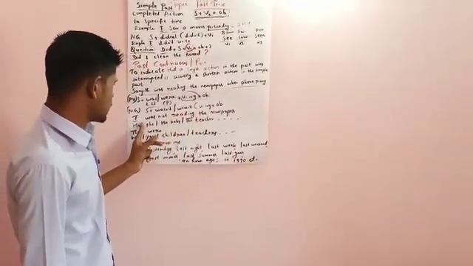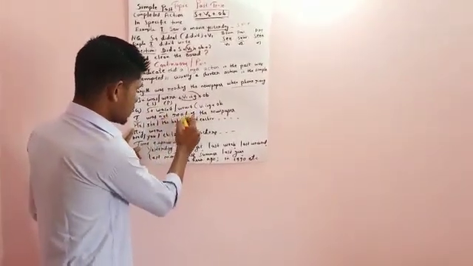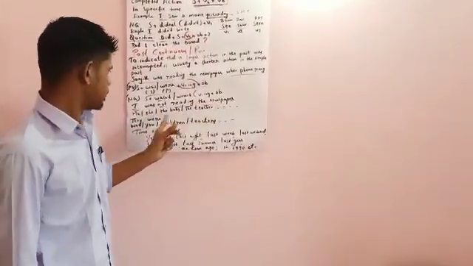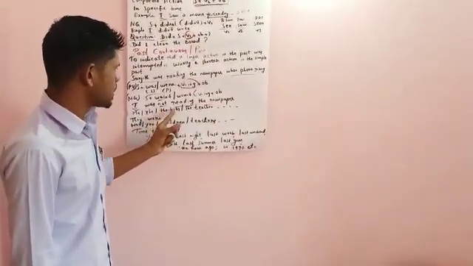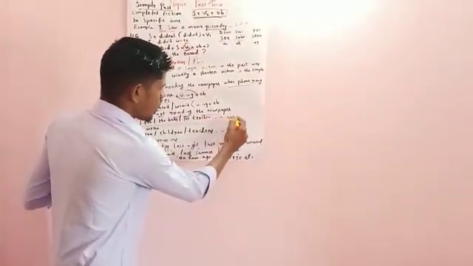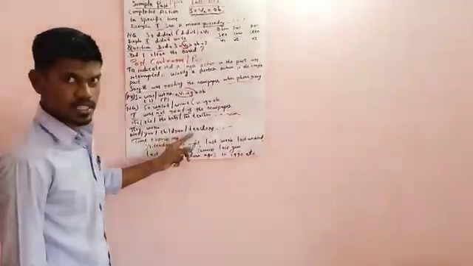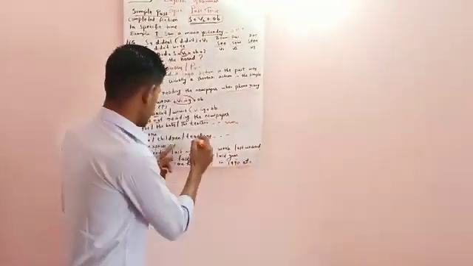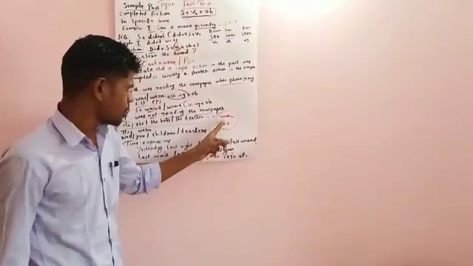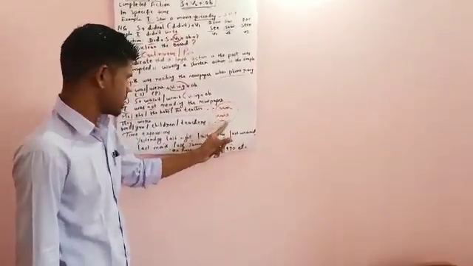Here you look at this sentence. I was not reading. The structure is: subject is used, was is used, not is used, verb 1 ing, then object. I was not reading the newspaper. He or she, the baby, the teacher, etc., these are singular, so you have to use was. If you find the subjects are plural like they, you, children, teachers, lawyers, engineers, etc., then use only were. So now I hope you understand the usage of was and were. Don't commit any kind of mistakes by using was and were in the sentence.